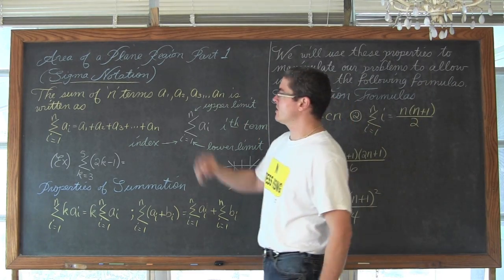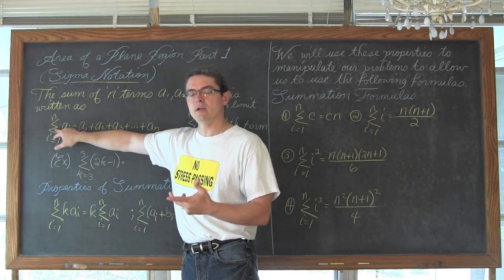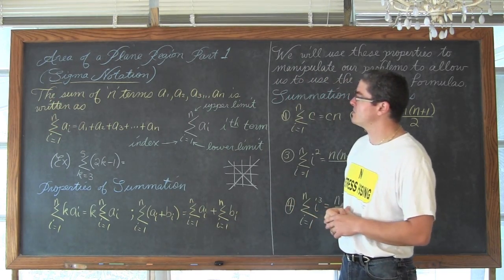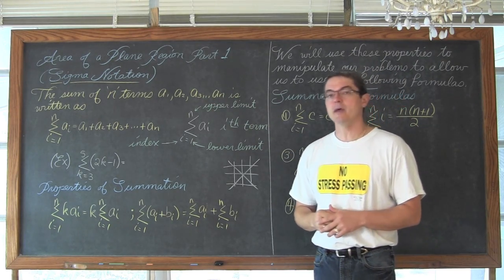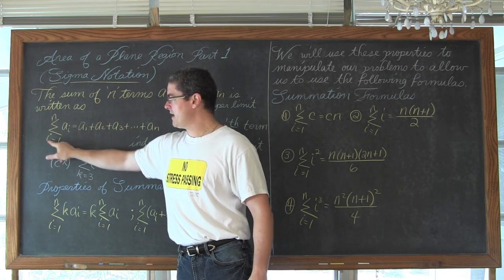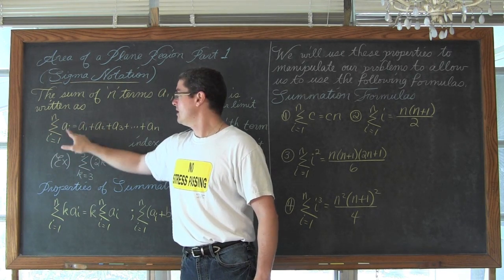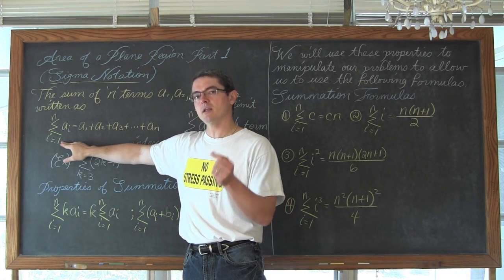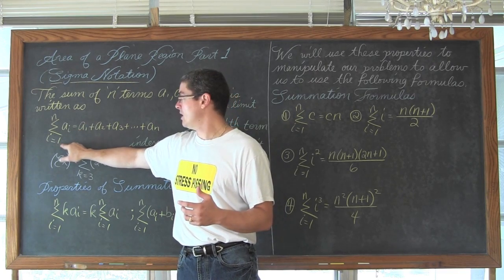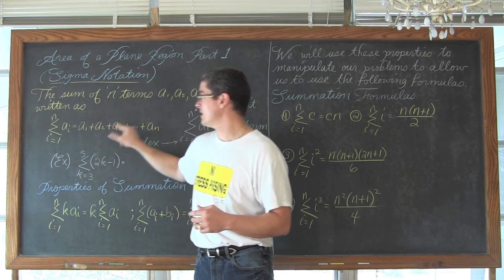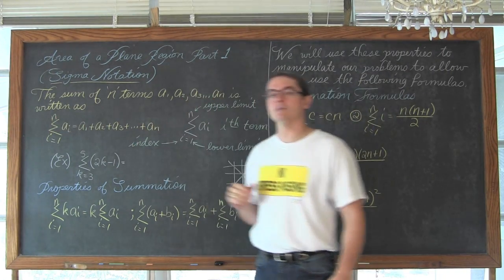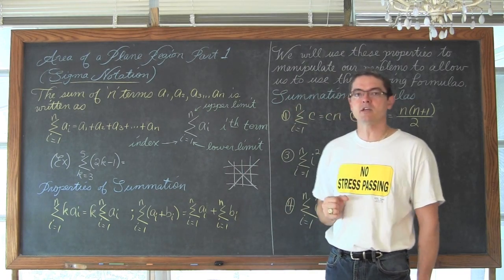Okay, so as far as sigma notation goes, this sort of E letter here is the Greek letter sigma. It is the sum of n terms a sub 1, a sub 2, a sub 3, up until you get to a sub n. And it's written as the summation of a sub i, as i starts at 1 and goes up to n. We're just going to take this lower limit, plug it into this expression, write it out, and then increase it by 1, plug it in, write it out, each time adding those resulting expressions until we plug in the upper limit and get the last term in that sequence of additions.